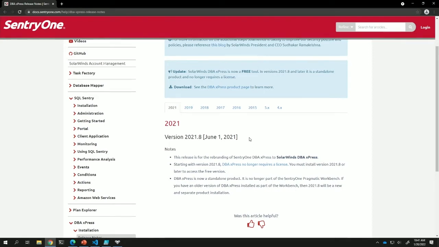This will be updated. This link may eventually change to a SolarWinds.com page. If that's the case, we will automatically put a redirect in here to send you over. If you realize you're not on the version you want, just click here. Go to the DBA Express products page to learn more and then download.